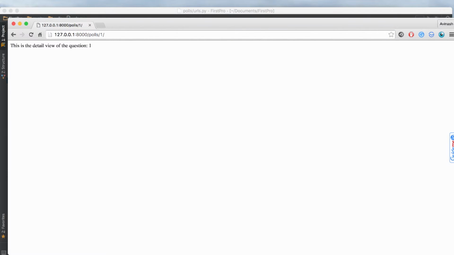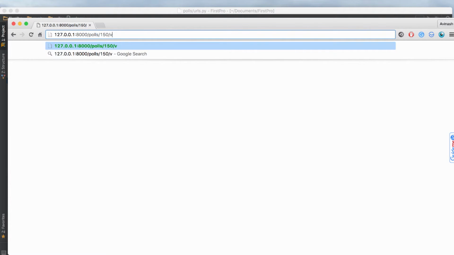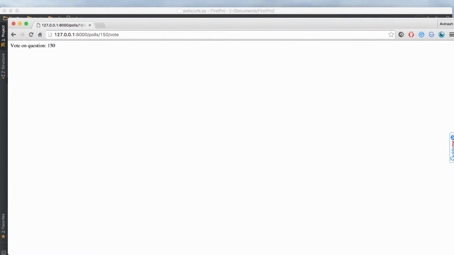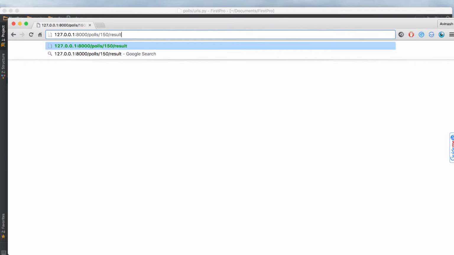Poll/1, fantastic. This is the detailed view of question 1. You can make this any number you want. It can be 150. It's going to be 150. 10,000 will work as well. Let's go ahead and try out our, I believe it was vote. All right, it's now prompting us to vote on question 150. Fantastic. And now if we take a look at results,